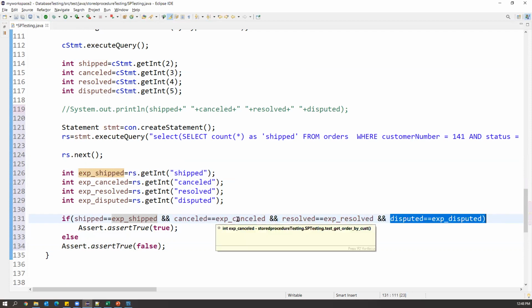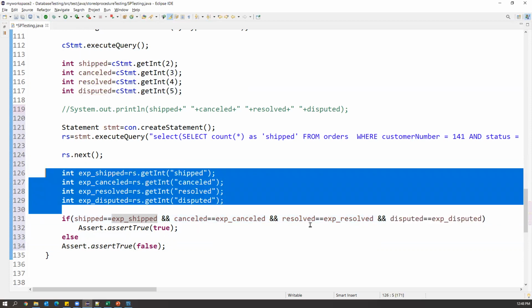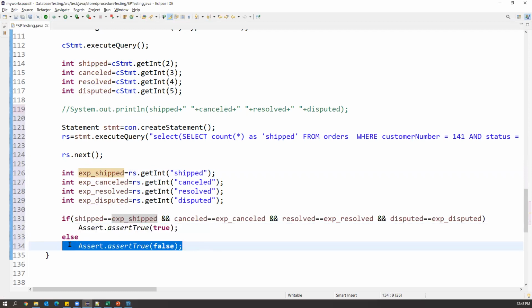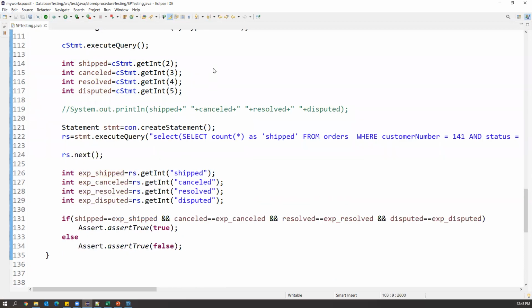So compare the results between the stored procedure and the test query. If the condition is true, then I'm making my test method pass, else my test method will fail. This is how we need to write the test method for a stored procedure which will take input and output parameters. Okay, now let me just execute this. Run as TestNG test.